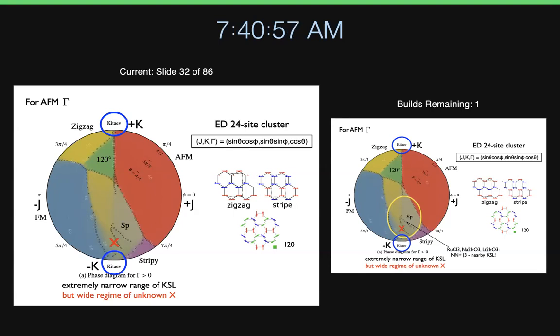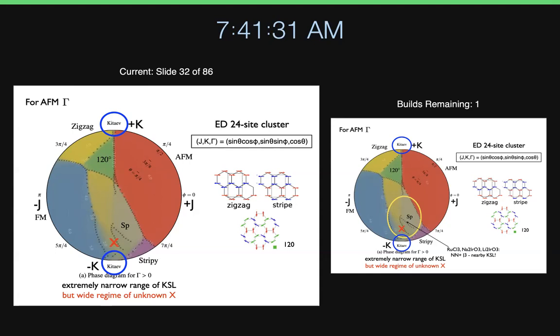For the purpose of this one, I think 24-site or even 32-site, the Kitaev spin liquid that appears in a tiny area here and a little bit elongated there is rather generic here. So I wouldn't worry so much about how far they extend. They are tiny in the phase space. So this is an extremely narrow range of Kitaev spin liquid, and that was the T=0 phase diagram. On the other hand, if an ordered state, such as a zigzag, is nearby the Kitaev, our finite temperature behavior may be governed by the Kitaev physics.